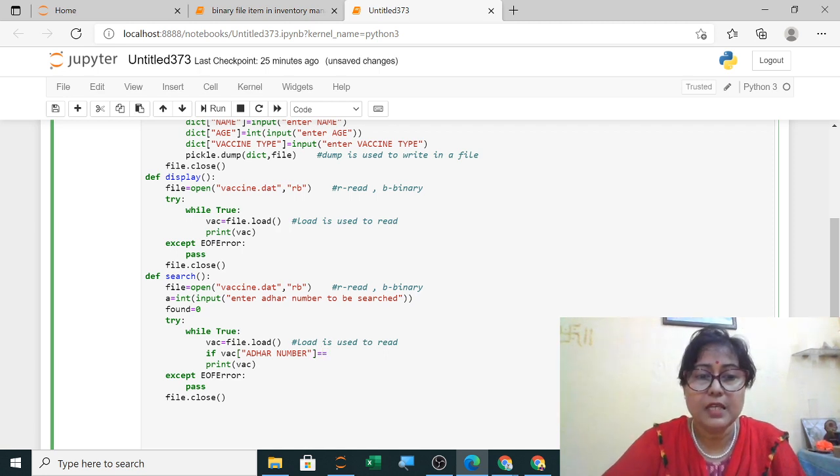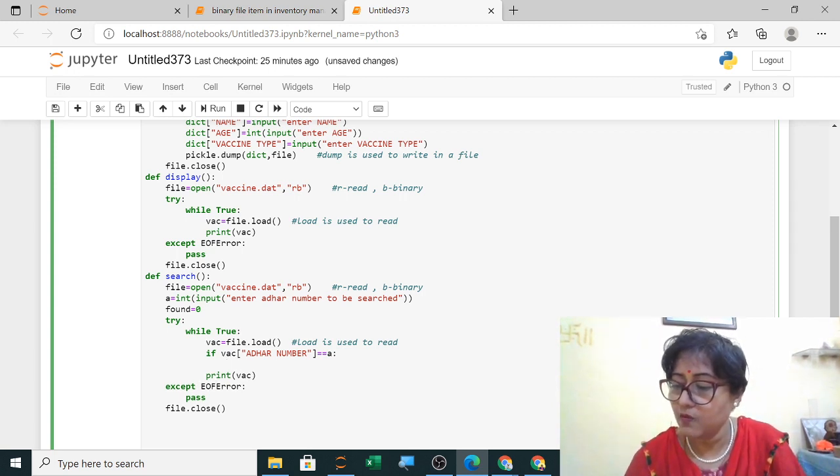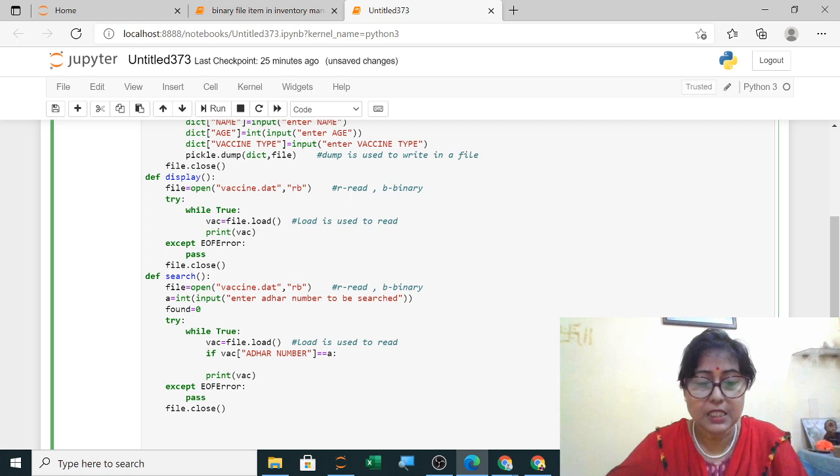Now if it is equal to, I have written here A. The user is entering the data and I am storing it in A. If it is matching with the user, then your found will become 1 and you will show it is found.